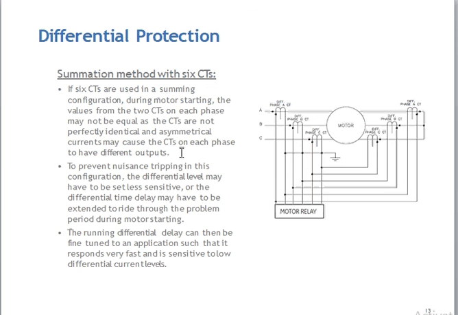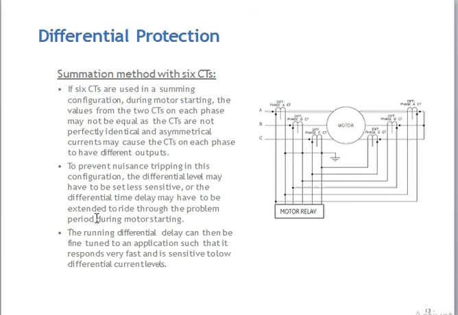If there is any fault in the winding, such as a turn-to-turn fault, we connect CTs at the terminals and also at the shorted star connection end point. If there is a turn-to-turn fault or any fault, these currents are not equal, and the motor relay will operate.